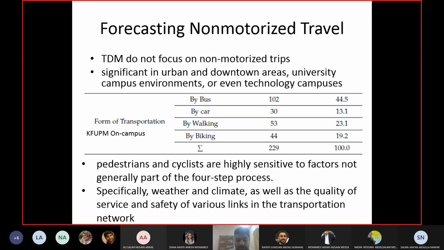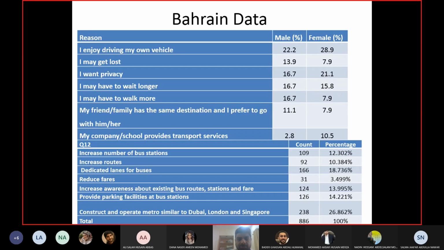Even, we did a survey. I will just show you. You can see these are the questions which we asked. Why are you not using public transport? These are the things which people consider when they have to walk or bicycle, which are not normally considered for other modes.